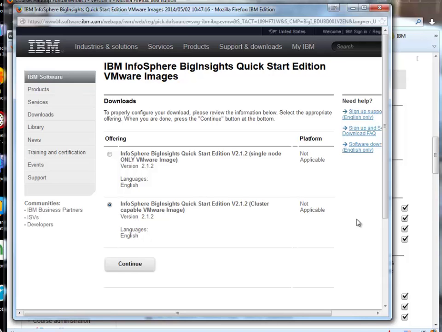That is because future exercises will require this particular image. Those future exercises will not work if you download the single node only VMware image. So select it, click Continue,